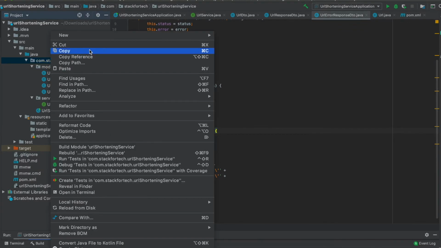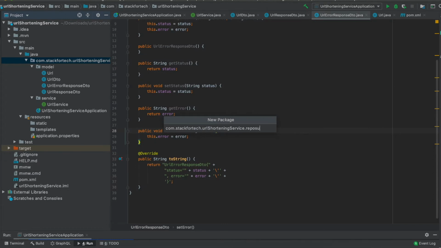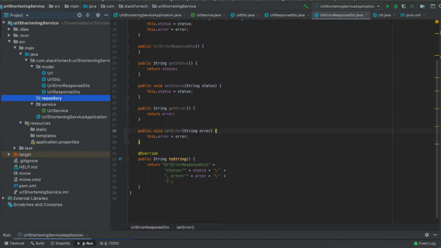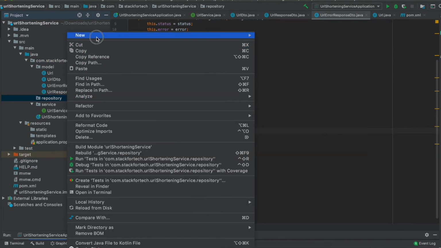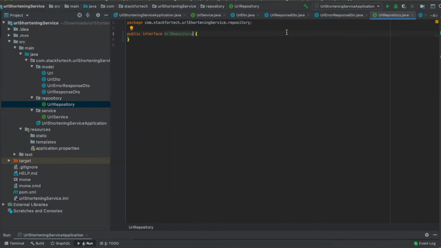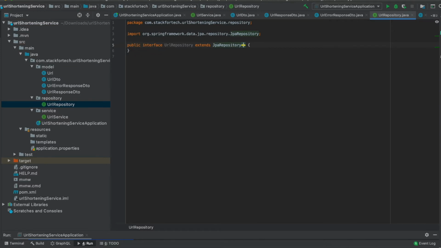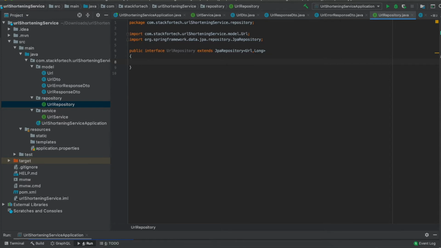Now let me go ahead and create our repository. So I'll create a package repository, and in here we will create our repository, let's say URL repository. That will be an interface which will be extending from JPA repository, and this will take a URL class comma long, right? So we want to query a short link once it is generated.